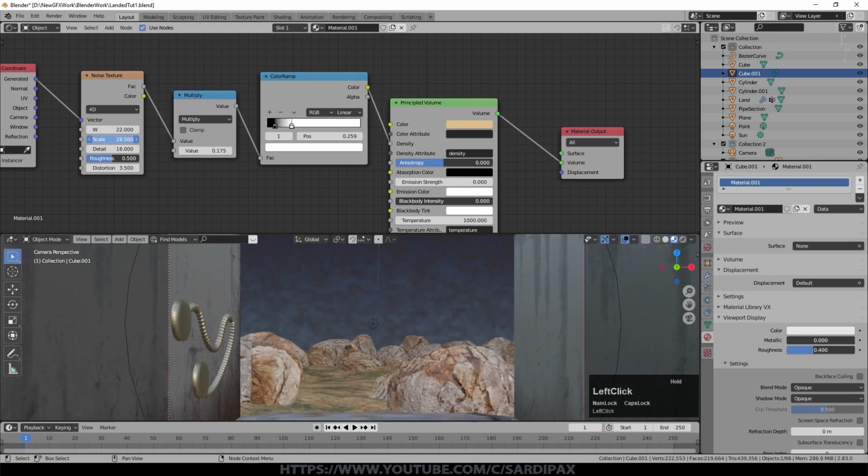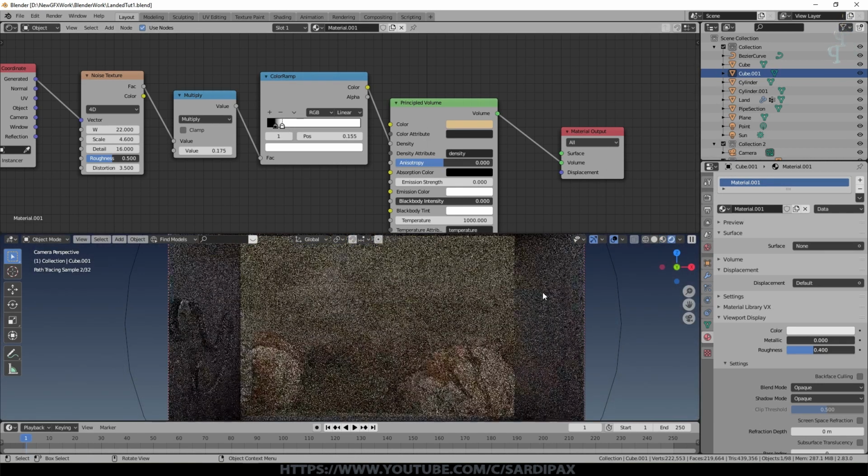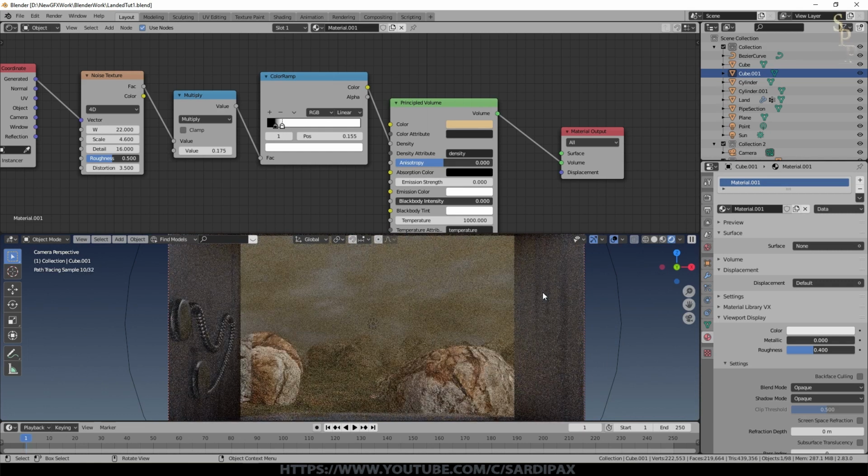So we can play around with the scale, and I'm going to go down on the scale now. This is only the preview, so I'm really just using this to get a feel for the scale. You can't really tell what it's going to look like until you go into the preview render mode. So try that and then go to rendered view. You can see that's quite a bit different, quite a bit denser in fact. But what we can also see is there's variation. We can see a bit of sky back there.